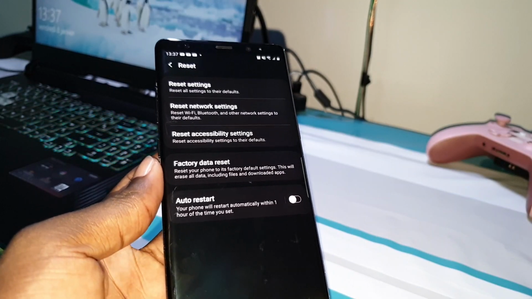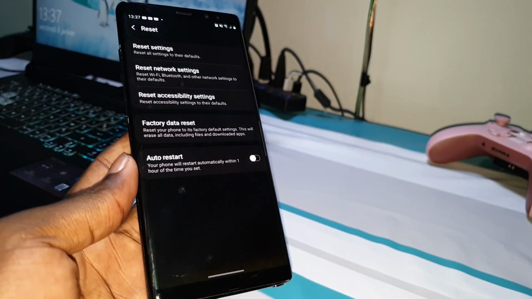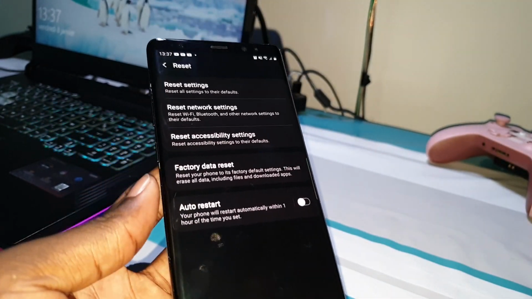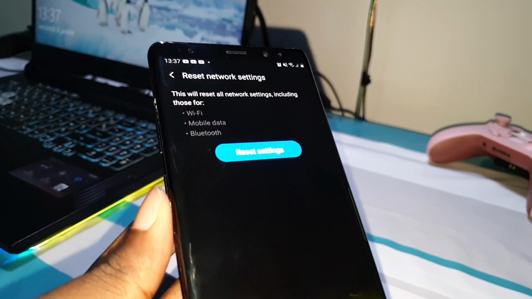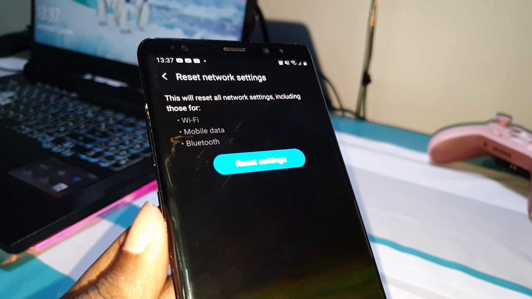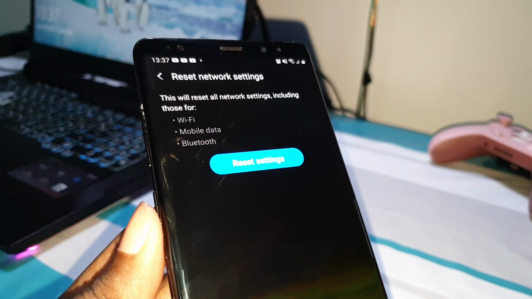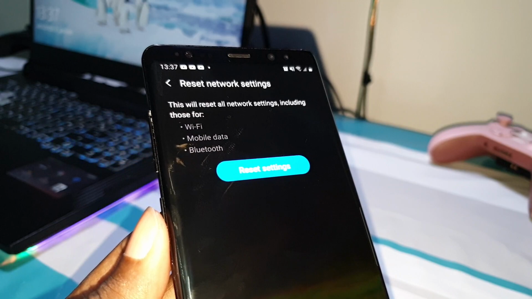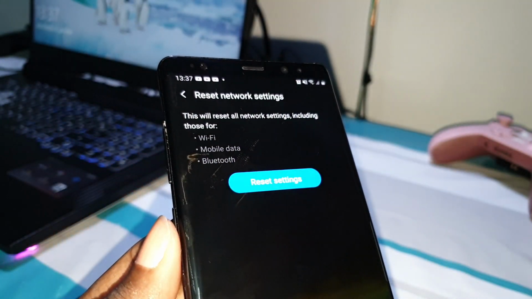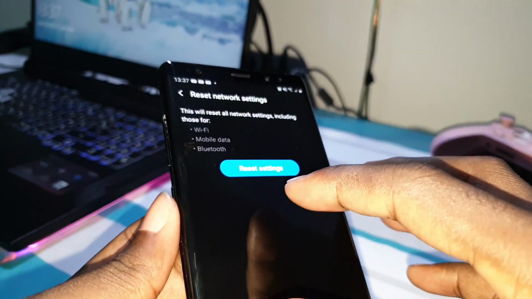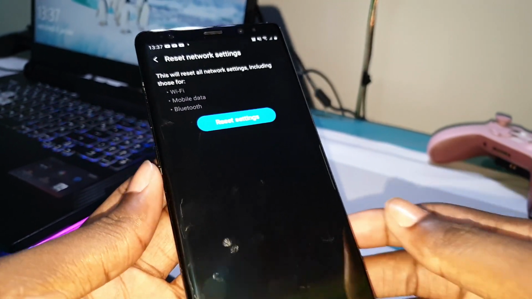After that, you can reboot your phone and enjoy yourself. If you want to reset the network, click on reset network settings. This will reset all network settings, including Wi-Fi, mobile data, and Bluetooth. Click on reset if you are ready.